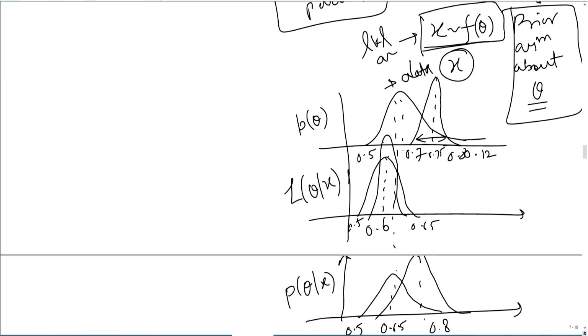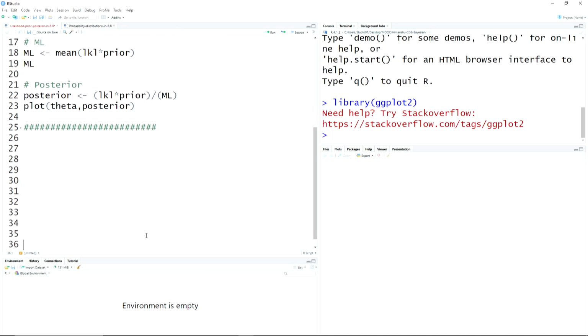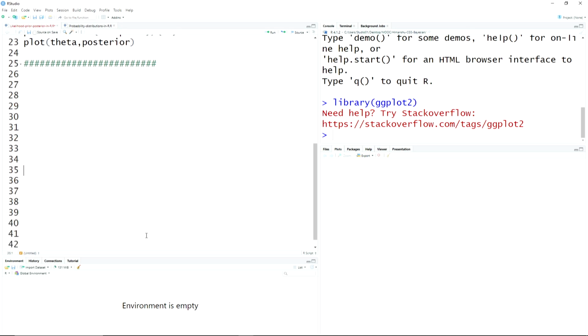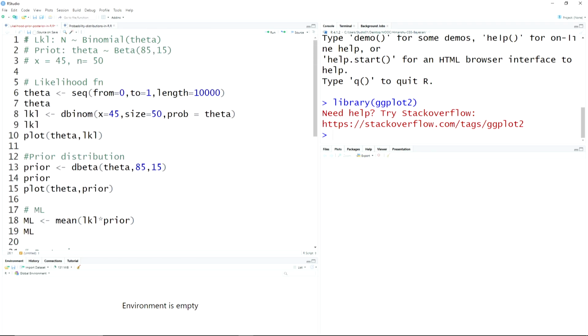Okay, let us see how it works out in practice. So we will continue with an example that we took in R in the previous lecture, and let us manipulate information in the prior and the likelihood. Let us manipulate the uncertainty in the likelihood and the posterior, and the prior and the likelihood. Okay. So the example that we were taking were of a binomial distribution. So this was the example,